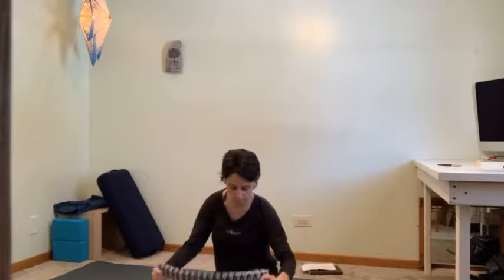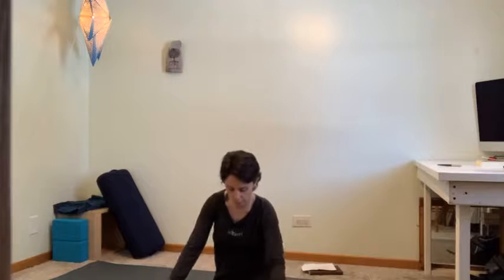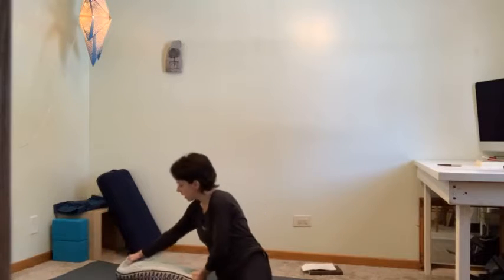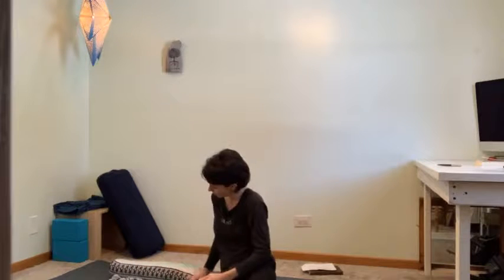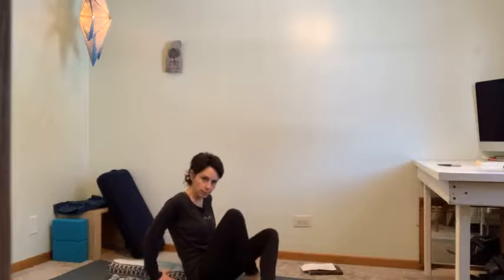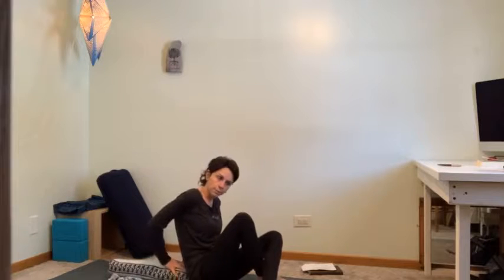I wasn't really thinking of it. But roll your blanket into a nice roll like that, and then just put it along the length of your mat. And we're going to lay on this with our, like, in the middle of our spine. So kind of bring it to your,